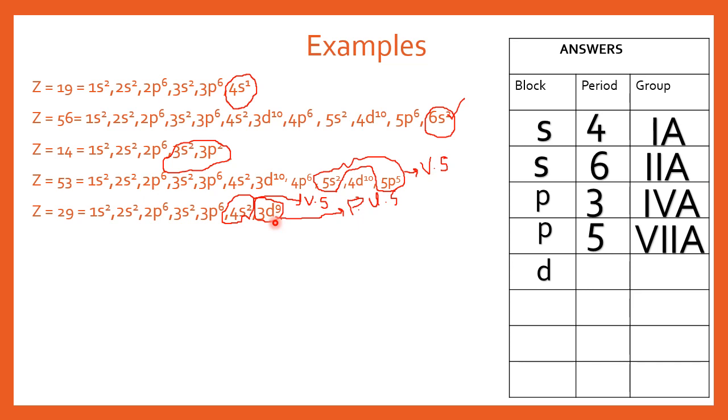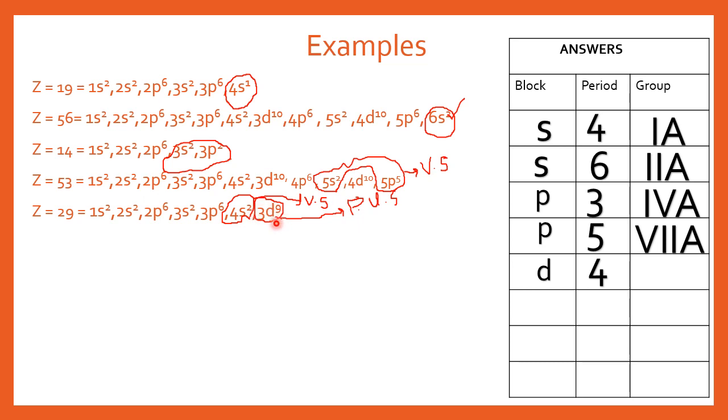Now in case of the d block, you might have remembered that we have to add up the penultimate d electrons and valence s electrons, then we can find out the group. By the way, before going to the group, first you check the highest number in this sequence, the coefficient number. This is 1, this is 2, this is 2, this is 3, 3, 4, 3. It means the highest number here is 4, so this element is present in period number 4. Now add up the electrons in the valence s orbital and the penultimate d orbital. So you will see that the total is 9 plus 2, 9 plus 2 means 11.